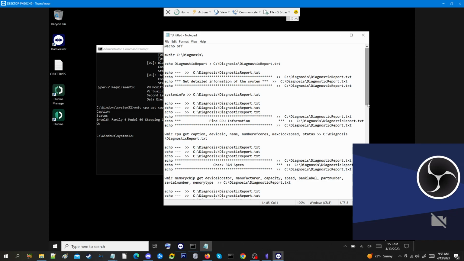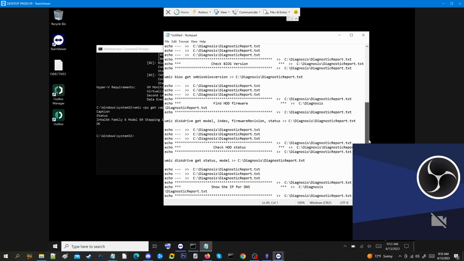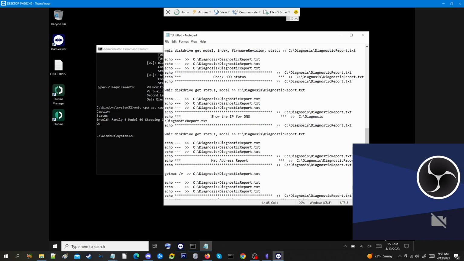Same thing. We're checking for RAM specs, BIOS version, firmware on the hard drive, checking the status of the hard drive, and also IP address for the DNS, and MAC address reports. So all this,